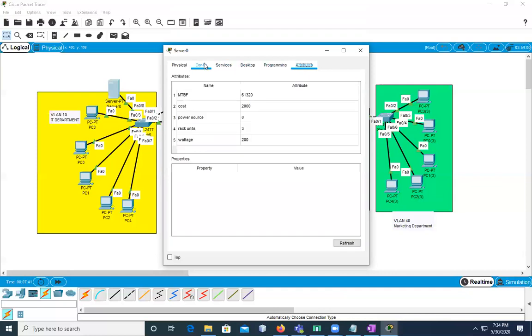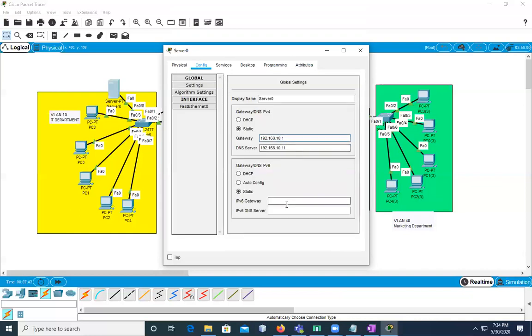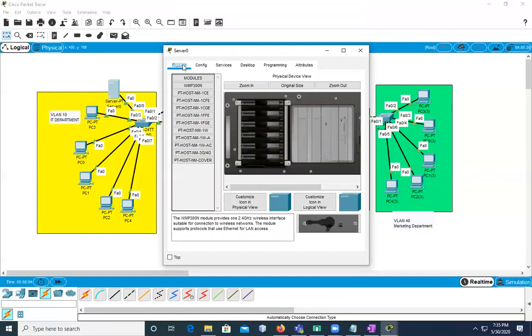The gateway, is it 10 or 100? It's 100, not 10. It's 100. IPv6, we do not need. Auto configuration here, but for gateway and DNS, IPv4. This, but physically,